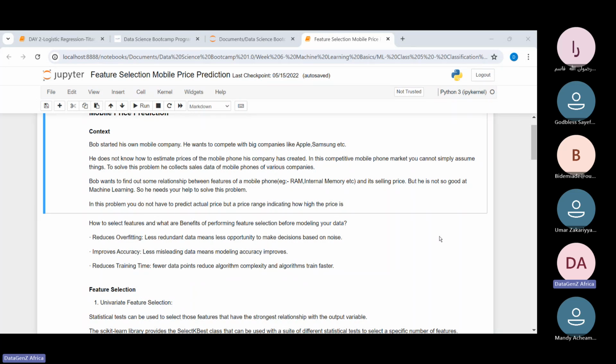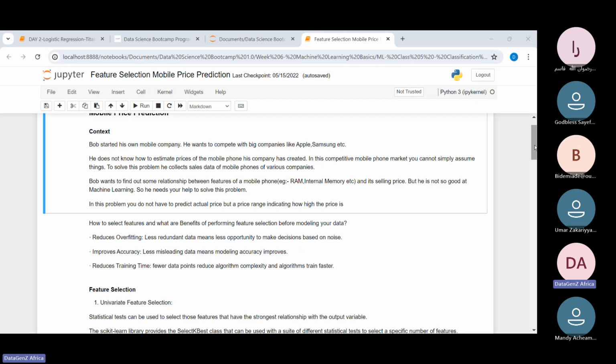Because if you have gigabytes of data, and the quality of that data is not great, the model you build is only as good as that data. You're wasting money, resources and time, and eventually the model might fail in implementation, or in real life scenarios. All right, so feature selection is very great to help you focus on the best